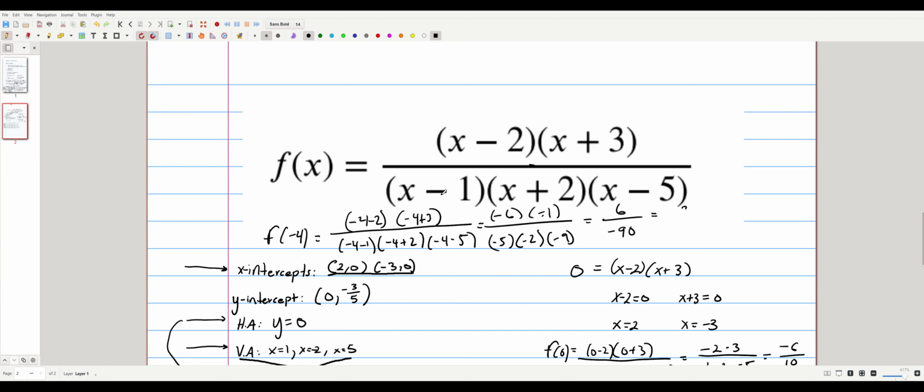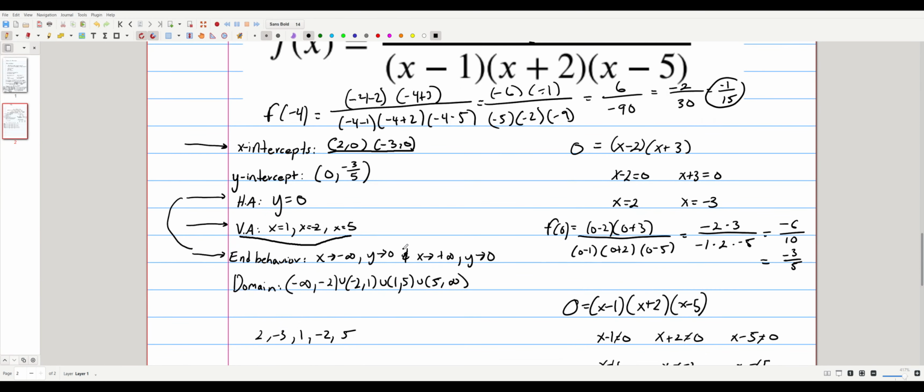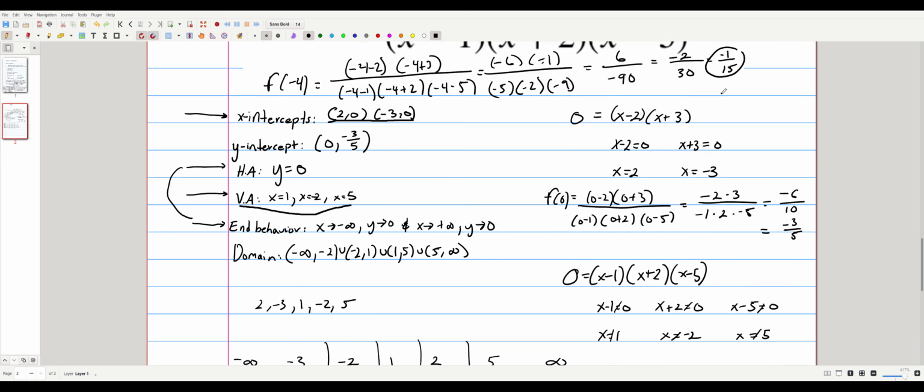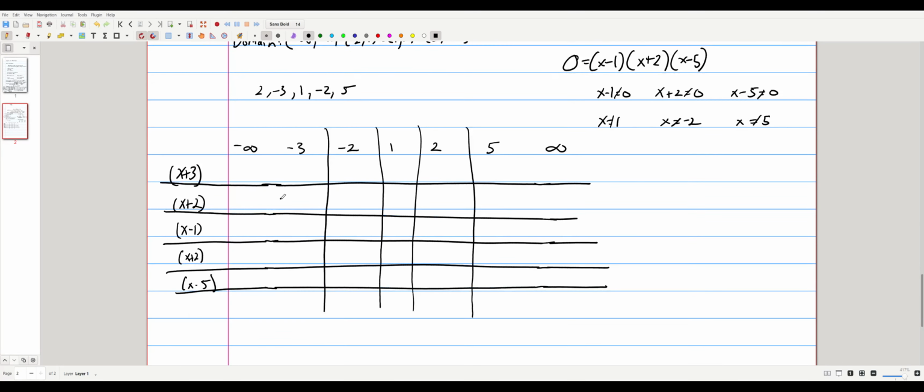These are both divisible by 3, and so we're going to get 2 over 30. These are both divisible by 2, and so we're going to end up with -1 over 15. And notice that the answer at the end is negative, right? Okay, well, we don't want to have to do this over and over for a whole bunch of different values, and so this is what the table essentially aims to solve, is that notice we plugged in -4 and we got a negative number, right? Well, that tells us that if you plug in anything to the left of negative 3, you're going to get a negative number, right? Because negative 3 plus 3 is